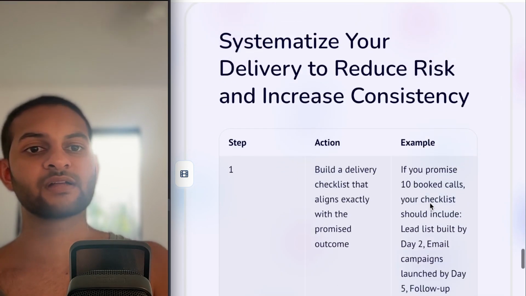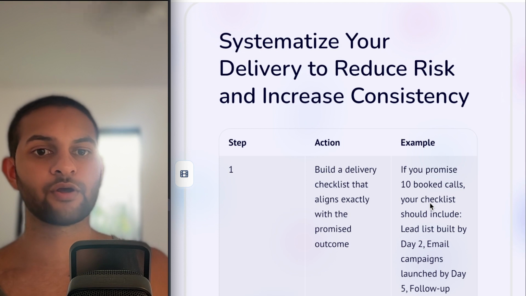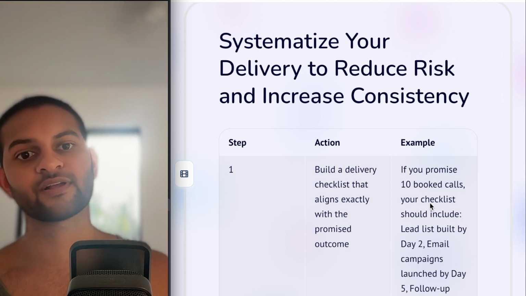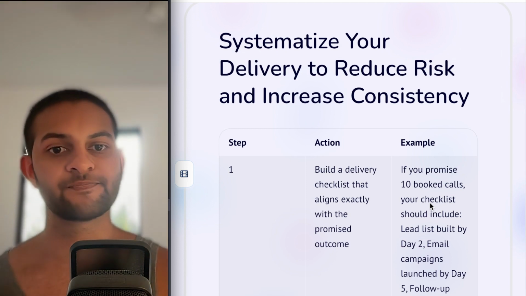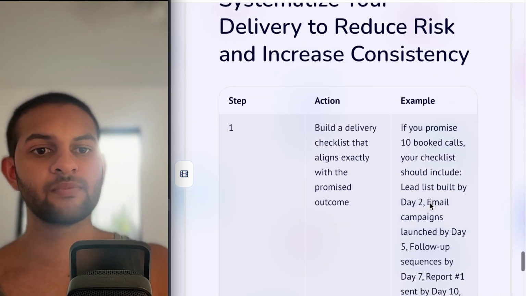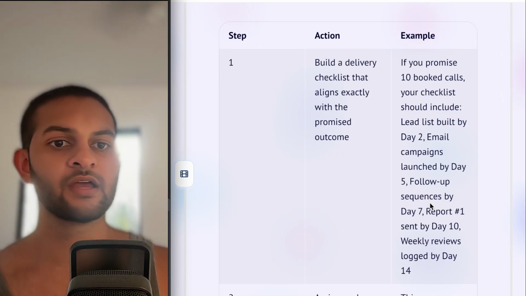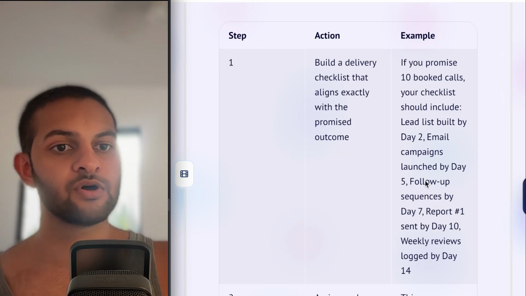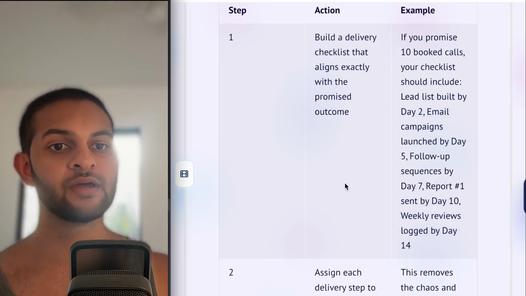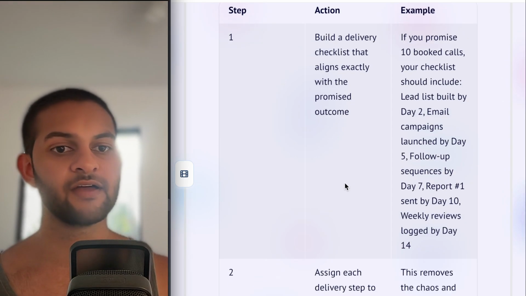So, systematize your delivery to reduce risk and increase consistency. Step one is to build a delivery checklist that aligns exactly with the promised outcome. For example, if you promise 10 booked calls, your checklist should include lead lists built by day 2, email campaigns launched by day 5, follow-up sequences by day 7, report number 1 sent by day 10, weekly reviews logged by